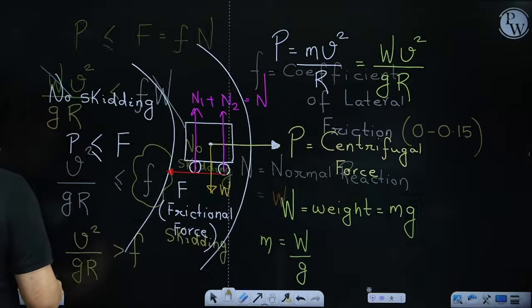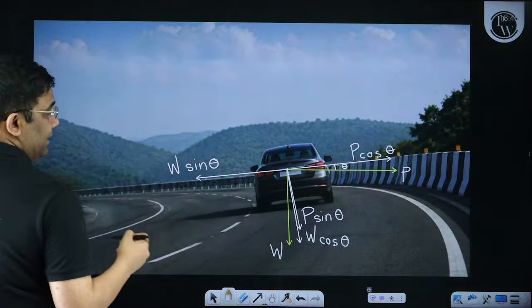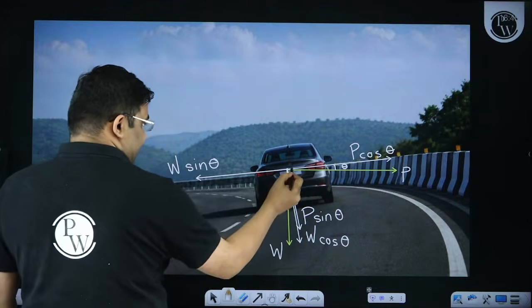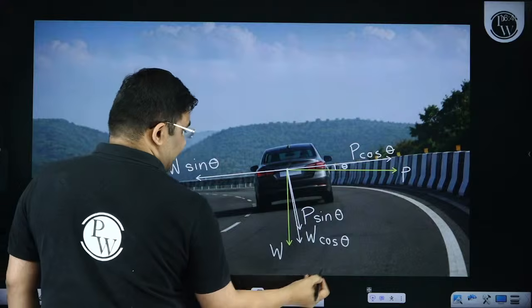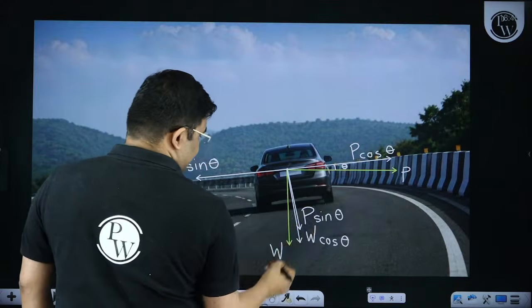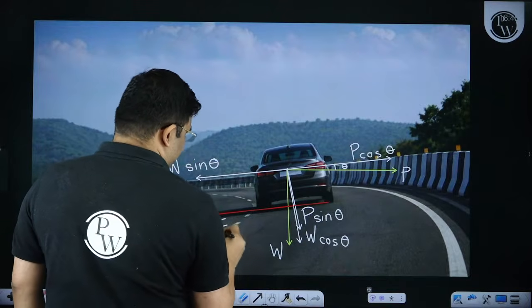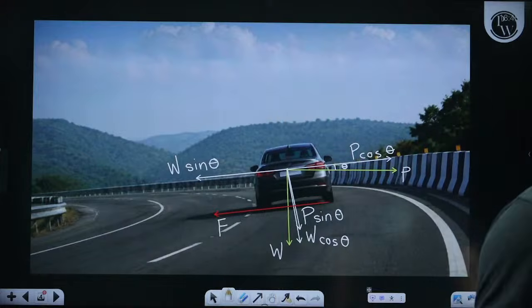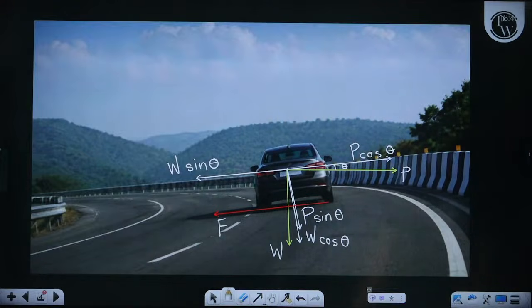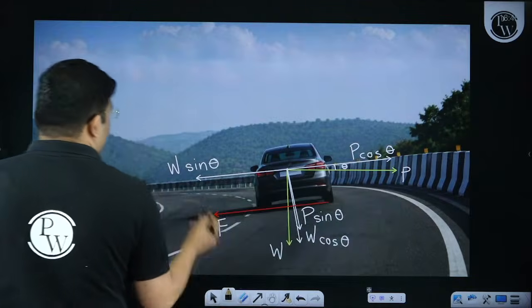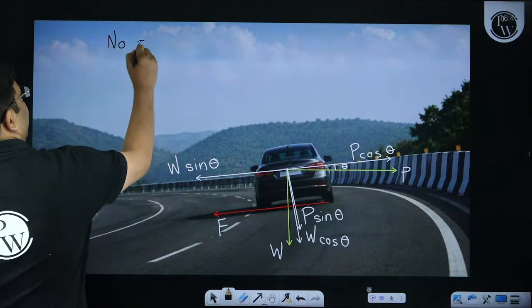But now, to oppose this P cos theta, which is responsible for skidding, there is a component of weight W sin theta. Along with that, there is friction also. So two things are there. Earlier there was only friction; now there is friction plus W sin theta. So for no skidding, I can write down here,